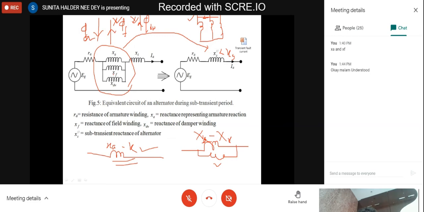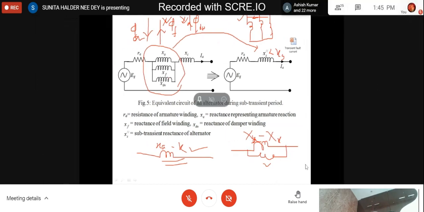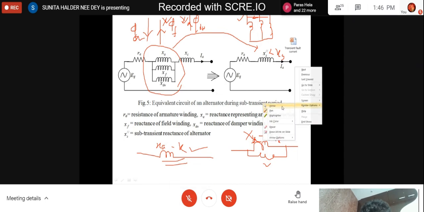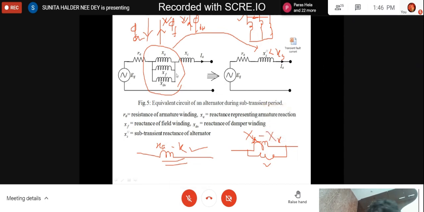The total flux may be reduced, and the armature winding flux may be part of that. So the maximum may be the total flux. That's why it is XF. Otherwise, it would be KXF, with a coefficient of coupling. From there it may come. But here the attention is not given to the total mathematical expression, because all these three windings are not in the same position in the alternator. So in this way, we can never calculate XS dash.